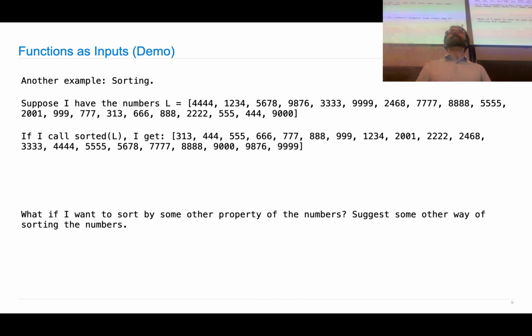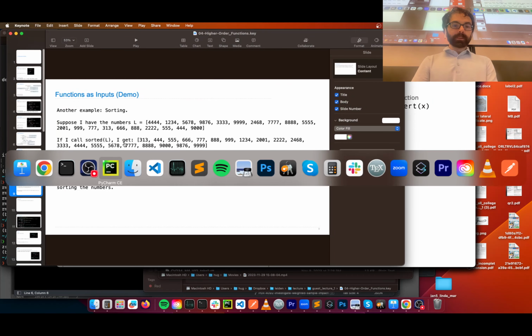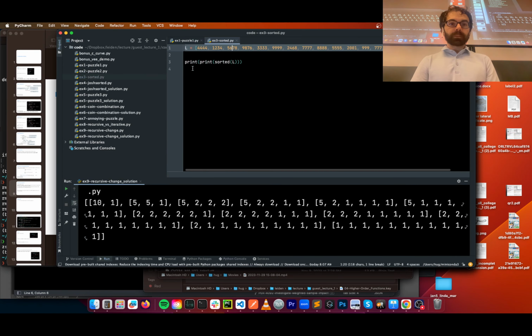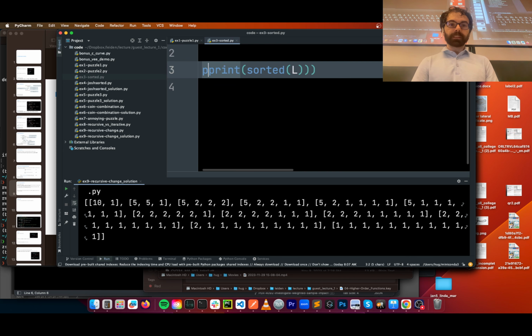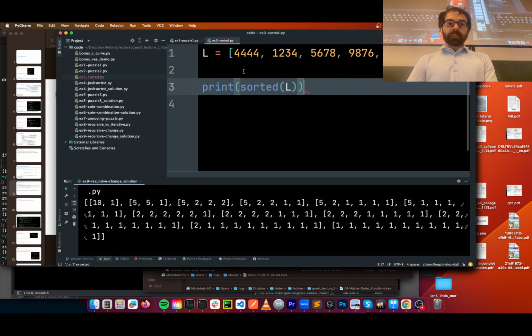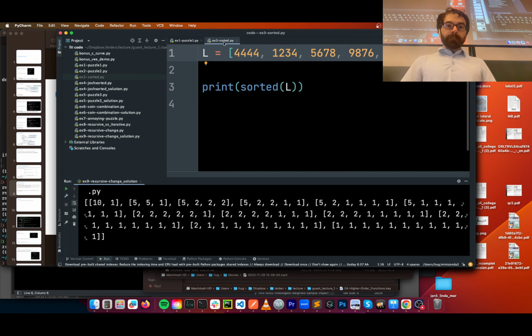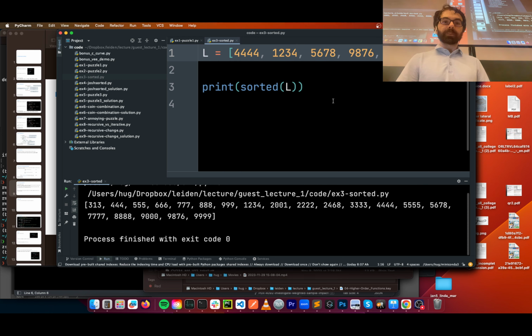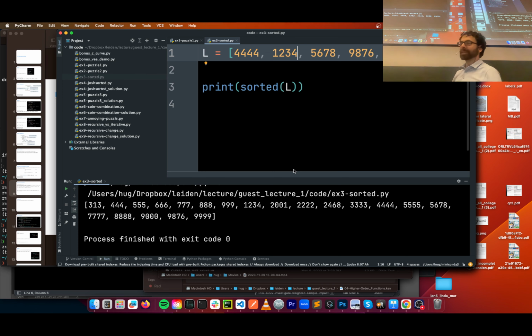Anyway, so if I call sorted on this list, what I will get back is a sorted list of integers. Okay? So let me go into this code here. Sorted. I don't know, I double printed. Okay, here we go. So here's all those integers that ChatGPT gave me. If I run this code, they are in sorted order. Okay. Now this seems like a little bit of a disconnect. I was just talking about generalizations of functions, something that we can reuse over and over. Functions that take functions. This seems unrelated to that.